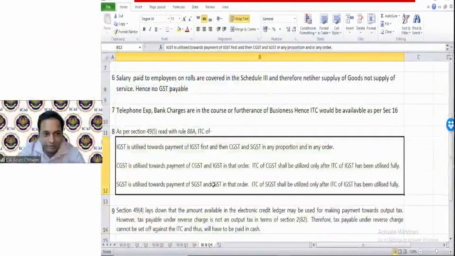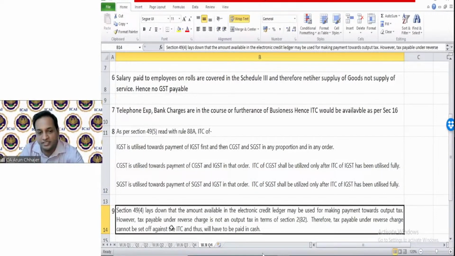I was discussing these 49.5, read with Rule 88A and Circular 98: Section 49, sub-section 5, 49A, 49B, Rule 88A, Circular 98. Whatever is applicable for the offset of tax liability with ITC, you always write. And Section 49, sub-section 4: the amount available in the credit ledger may be used for making the payment toward